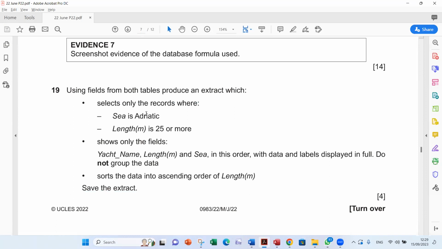Okay. Using fields from both tables, produce an extract. This is the new thing. It's a query without a report. And you export it into RTF. And later on, you will import it in the document you have been working on before the database. Okay, so let us first close that